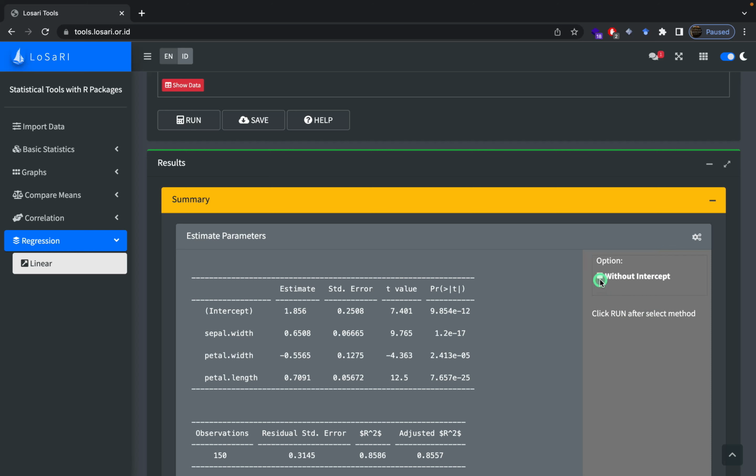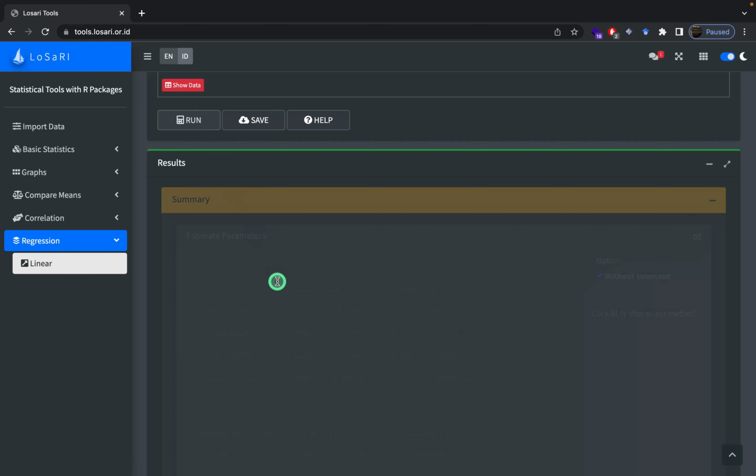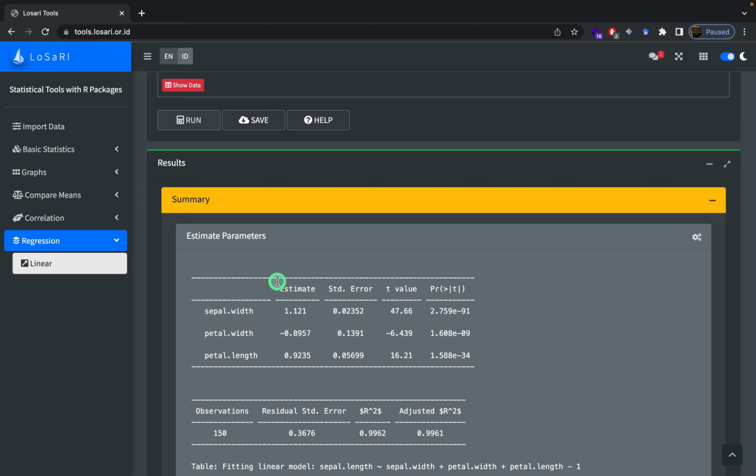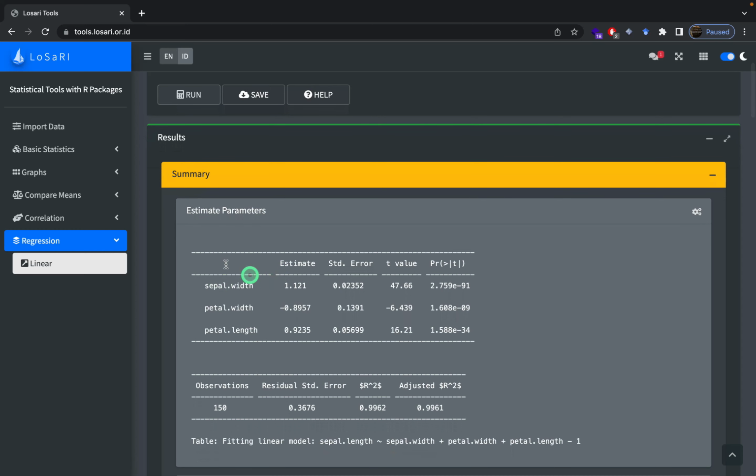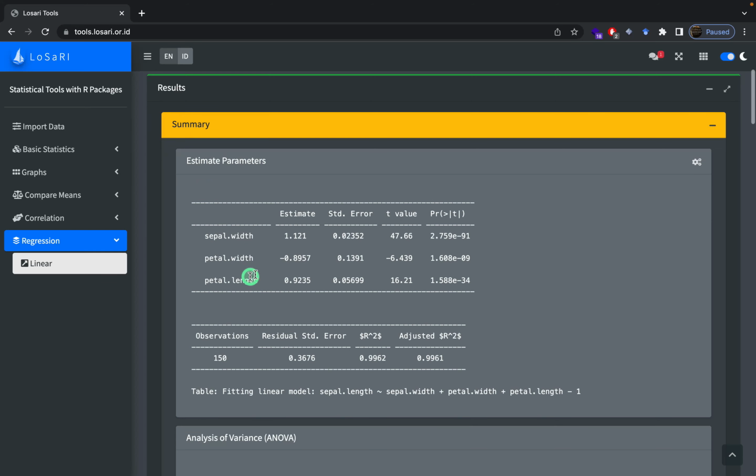Please check the Without Intercept section, then click Run. Then the display changes to something like this, without an intercept.